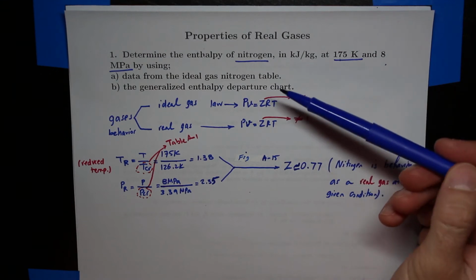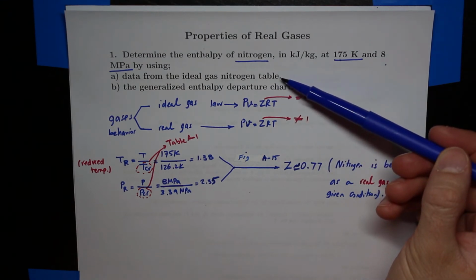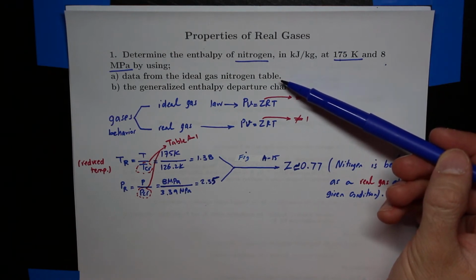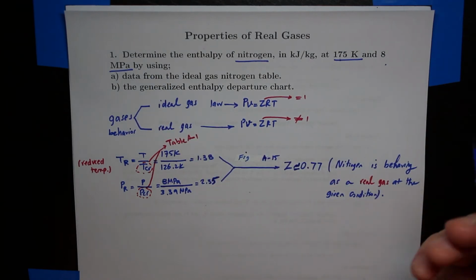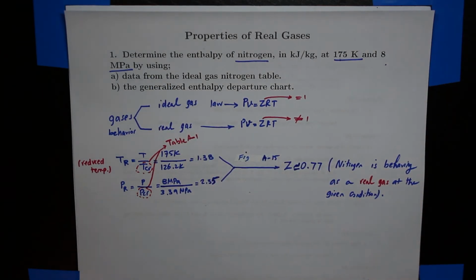It means the answer we are going to get in part A is not definitely correct, because this table is prepared by assuming that the gas is behaving ideally, but nitrogen in this condition is not behaving ideally. So if you go to the corresponding table, you will see that H is equal to